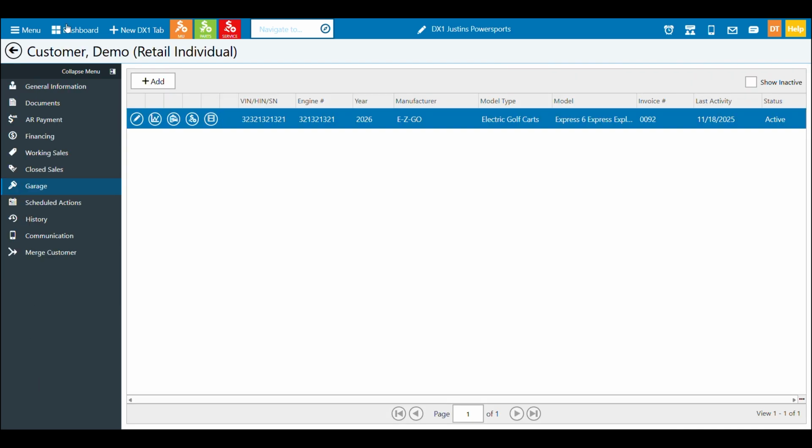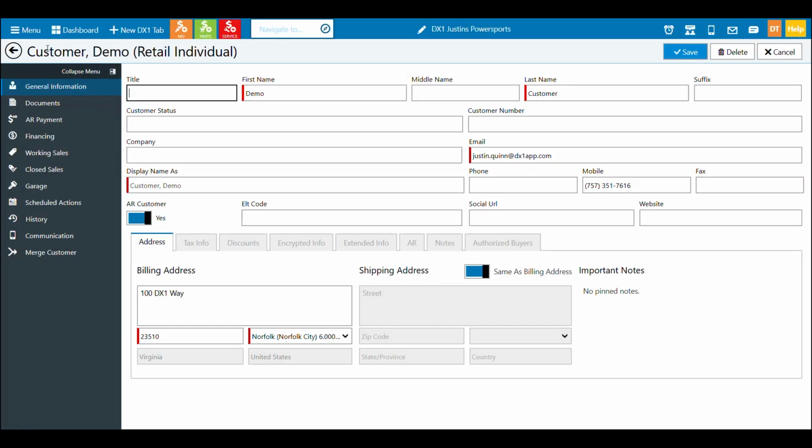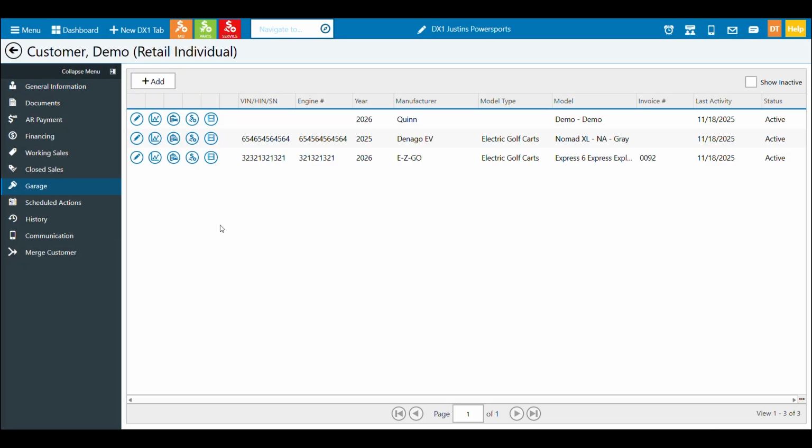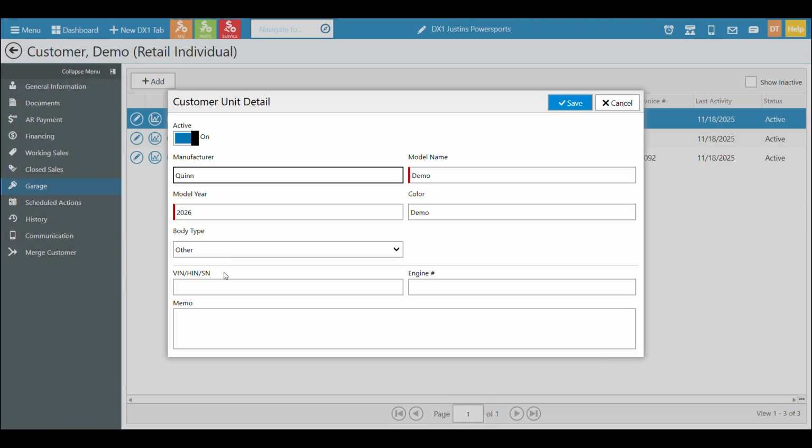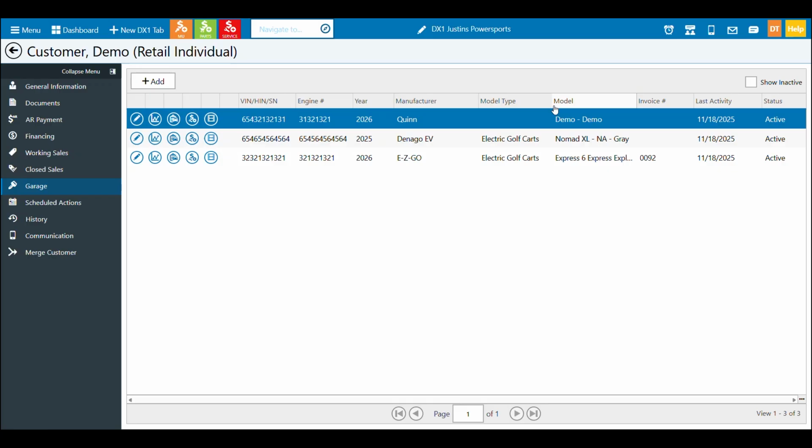And again, now if I refresh my customer's record and I come back over to their garage, I'm going to see different units. You can see in the case which you just saw, I didn't add in all the details when I did the service. And that happens sometimes in dealerships and can be frustrating. So if you need to update that, you could come over here, go in, enter a HIN or serial number, engine number, whatever you need to do, update it. And now that record, when it's in the RO, the next time it's refreshed, will now show the VIN and engine number.